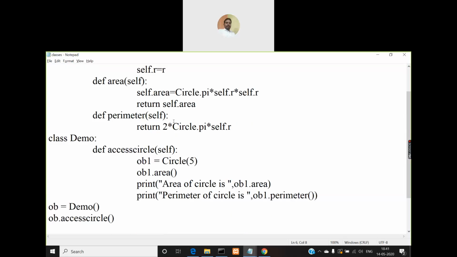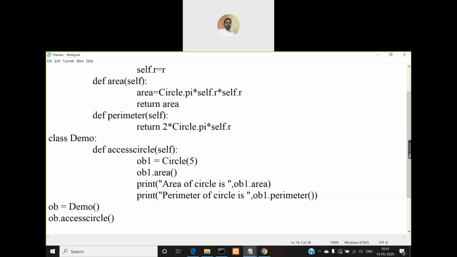So when you are using only the variable name area without the self keyword, then I cannot access its value with the object like this, ob1.area. In that case, I can only make a call to the area method. I cannot directly refer to it like this, right?